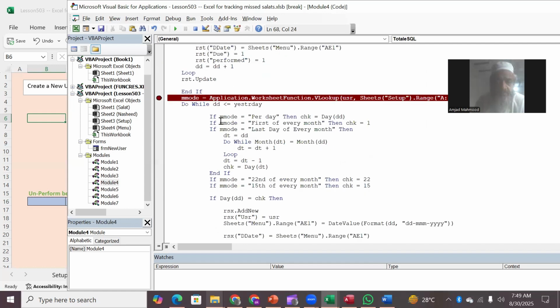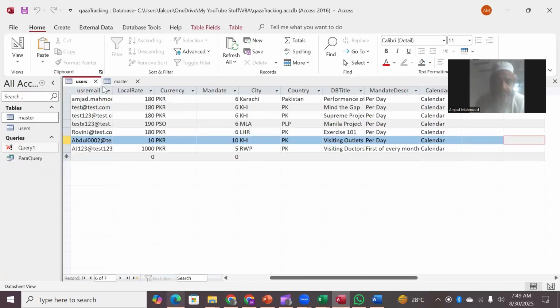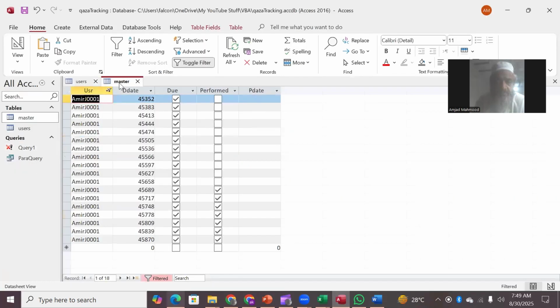Okay, so let's remove this and see, once all the records are added, what does it do? So it will go out of the leave loop, and here, yeah. Okay, so it has done its job. It is now out. Okay, so what will you see here? You will see if you go into the master,